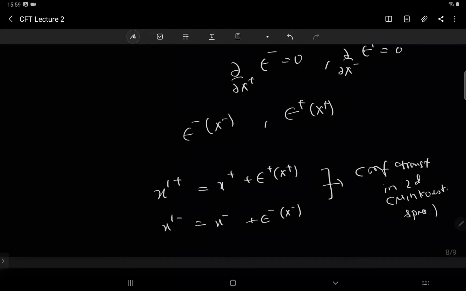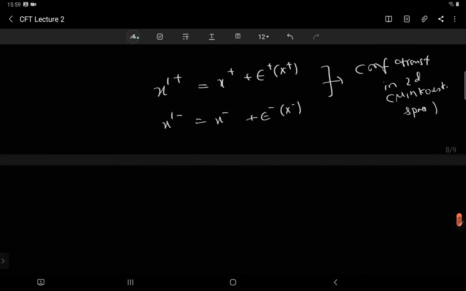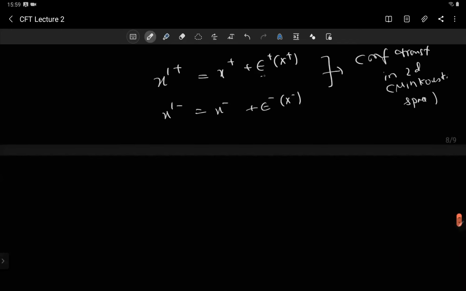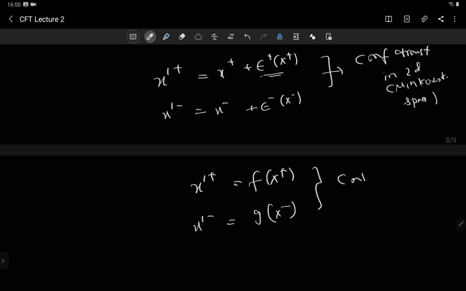Right. So the finite version of this is now simple, easy to understand, because this is only a function of x plus. The finite version is if you do successive infinitesimal transformations, but each infinitesimal transformation is only a function of x plus. So the finite continuous transformation is just a function of x plus. Any function of x plus, anything which is of this type, is a continuous conformal transformation in 2 dimensions. That means you change x plus to any function of x plus, and you change x minus to any function of x minus. This is a continuous conformal transformation.